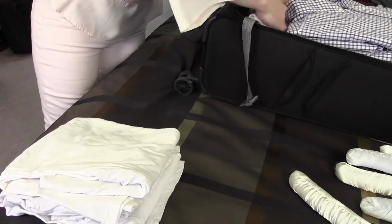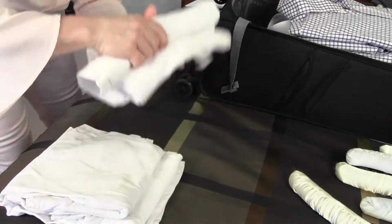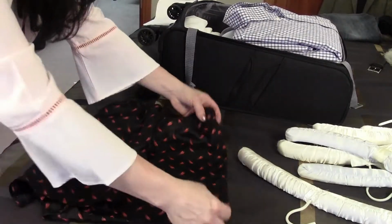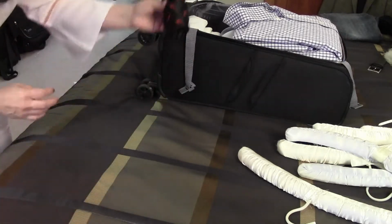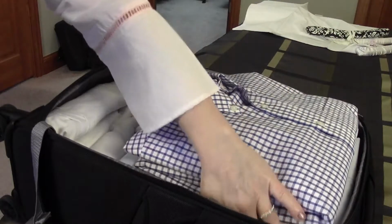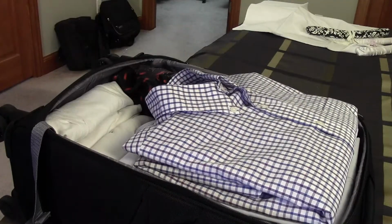And they all just get placed in the bottom of this little empty area right at the end of the shirts. So whatever undergarments you have, you're just going to fold them into thirds, and then you can roll these as well and place these into the space near the undershirts. So now that we have 5 pair of pants, 5 shirts, 5 undershirts, and 5 undergarments, we need an extra